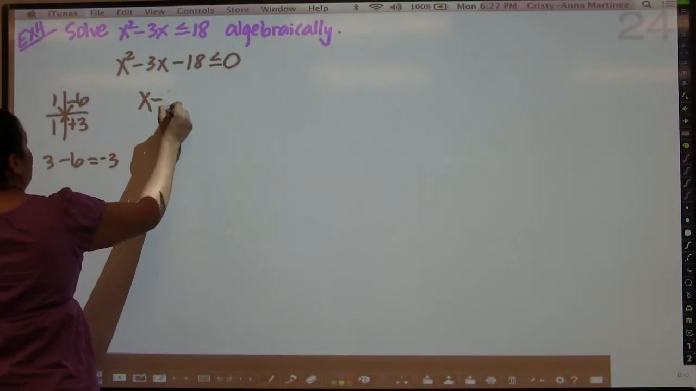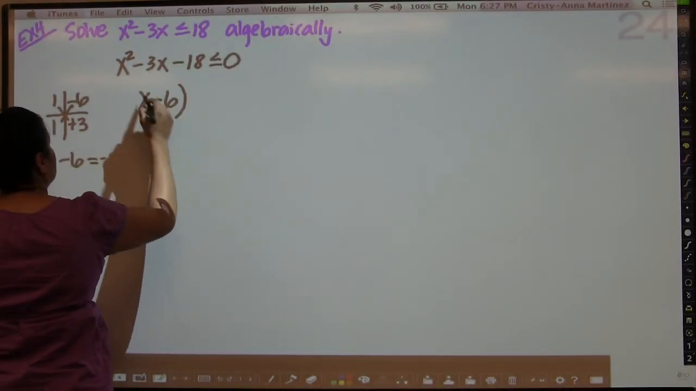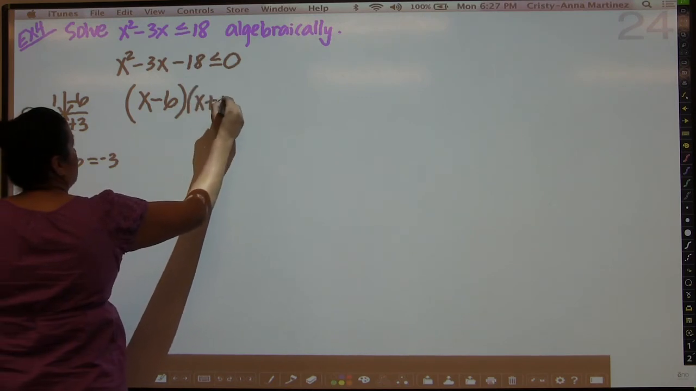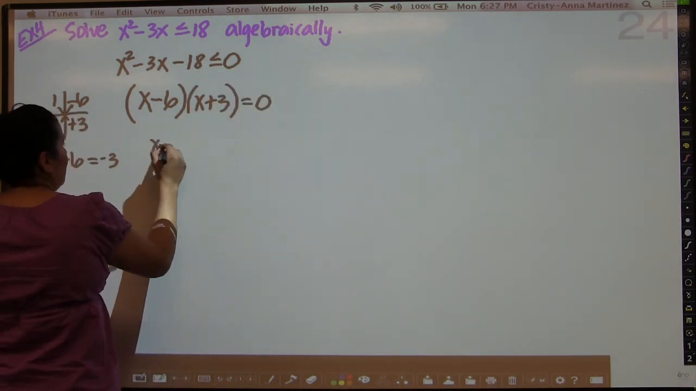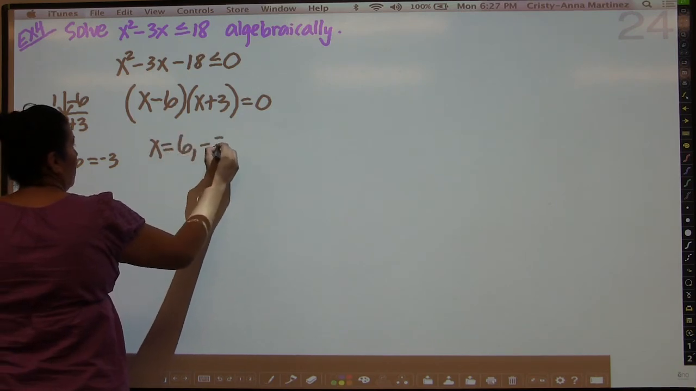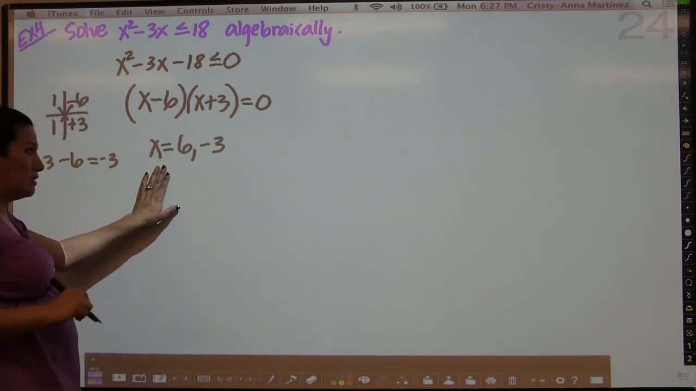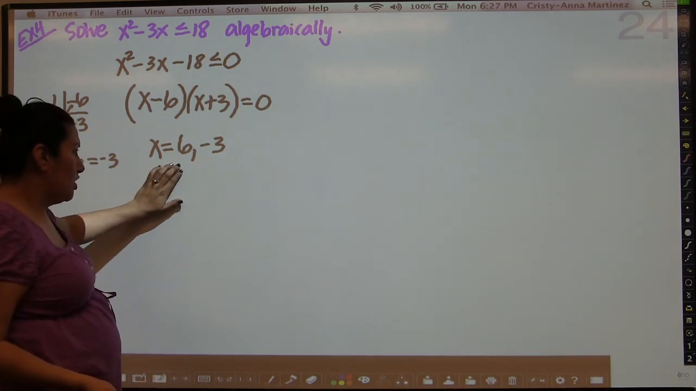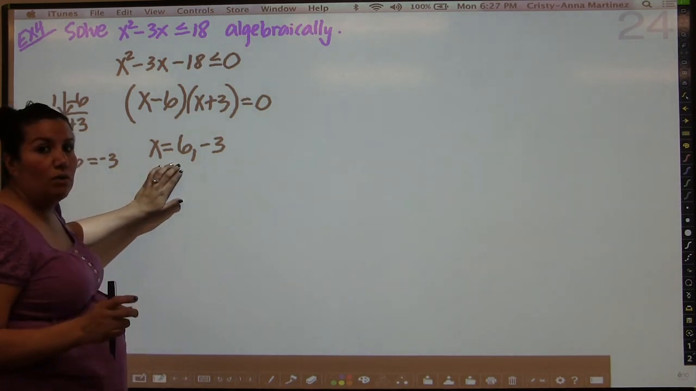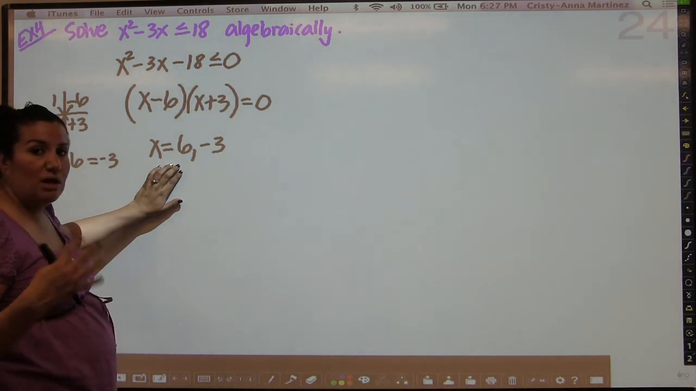So my factorization is going to be x minus 6 times x plus 3 equal to 0. Remember, I'm finding my zeros. So I get x equals 6 and negative 3. Now what we call these little guys is basically critical numbers. And what these numbers are going to do is they're going to divide your number line into 3 separate intervals,